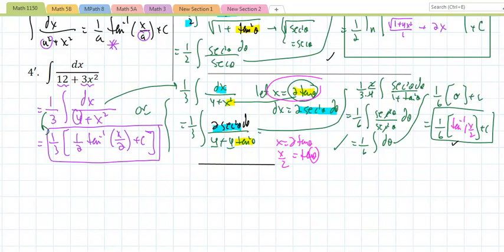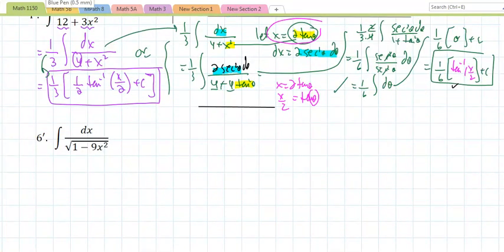Alright, let's do another one. Number 6 prime. When I see a problem like this, again, I'm glancing at it, trying to match it. And I'm thinking of a squared minus x squared. So a is 1, obviously. And what do you square to get 9x squared? Wouldn't you say that's 3x? So I'm going to let 3x equal